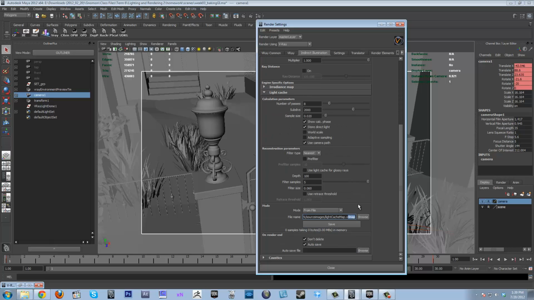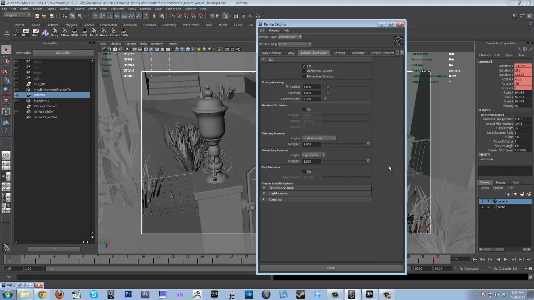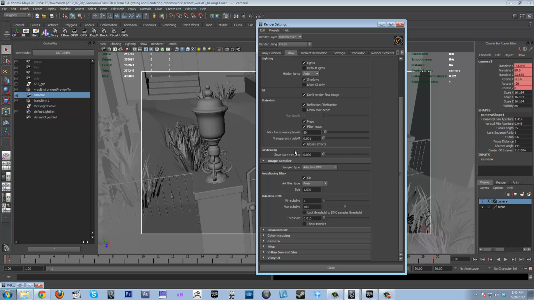Now what you need to remember to do is go back to your V-Ray tab and uncheck don't render final image. Okay. And with that done,